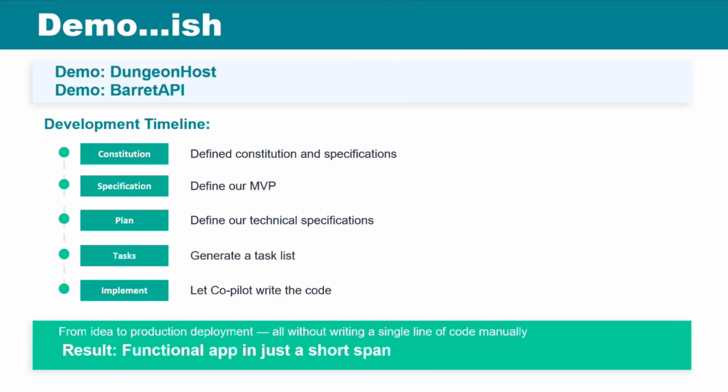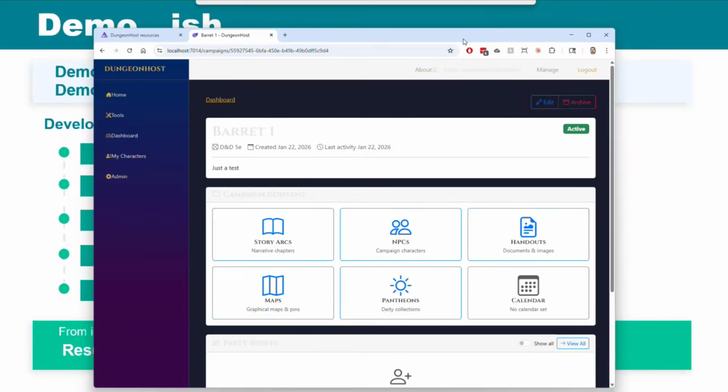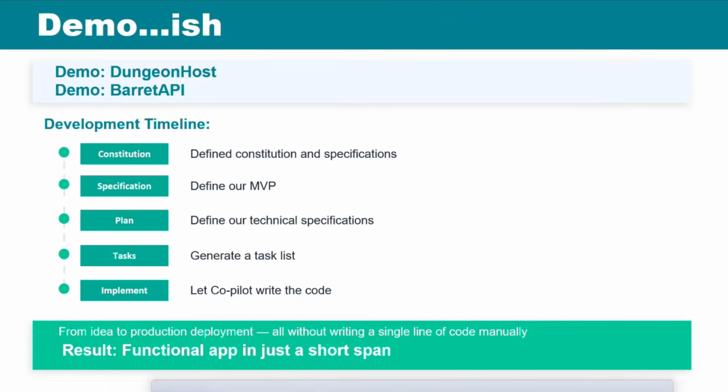So do I enjoy building things with Spec-Kit? I do. For these personal projects that I've been applying it to, I think it works really well and is very good. For instance, my dungeon host project that I'm working on is something I've wanted to do for years, but if I were to code all this myself, I would still be working on it years later.